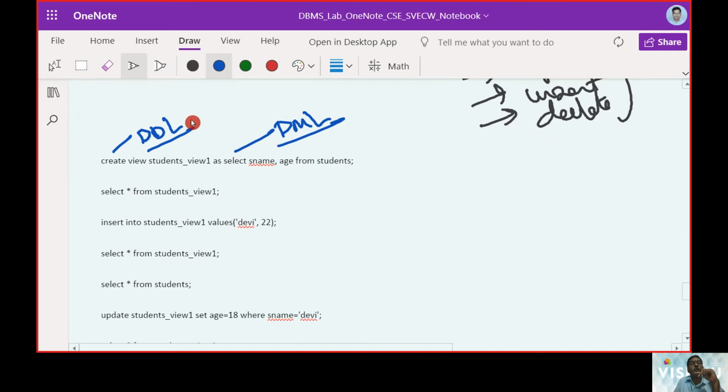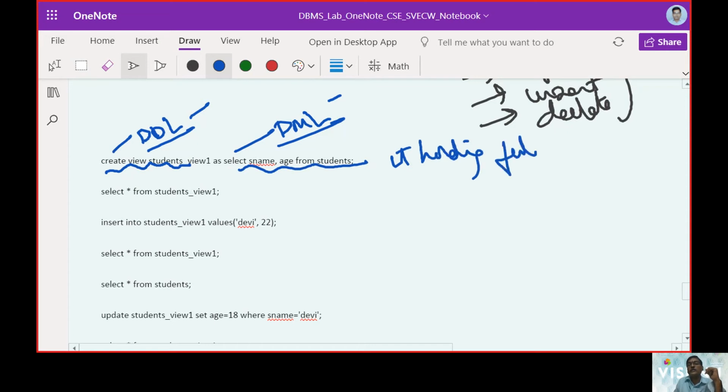So it is mimicking both the DDL and DML. The first part is creating a view with the create command. Second, it is holding fields. Both are going to happen simultaneously in the same query. This is the understanding we should get.